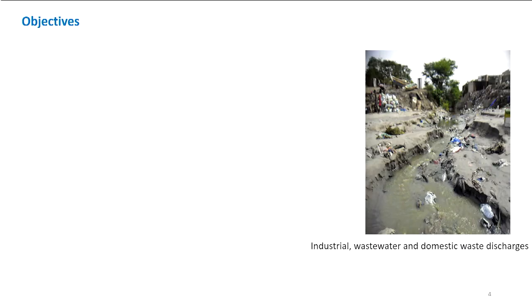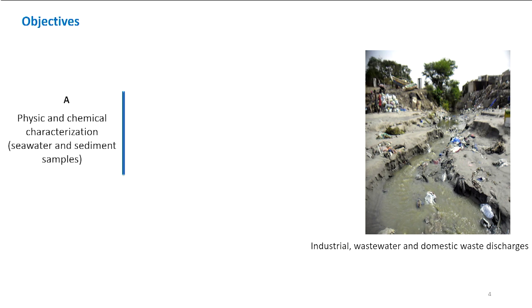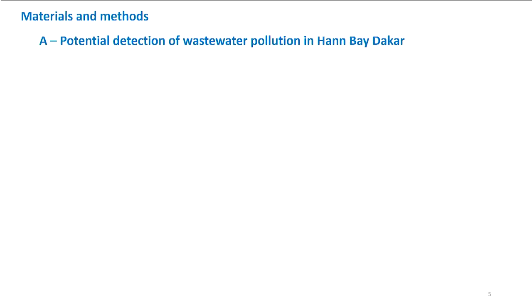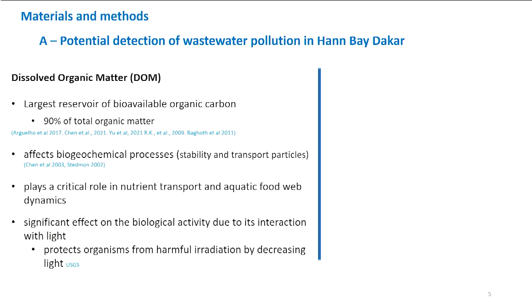So for our project, we have 3 objectives. First one, we want to look at the physical and chemical characterization of the bay. And after that, the second part leads to the sulfate-reducing bacteria isolation. And after, we want to use this strain to see their impact in bioremediation. So for the material and method, we use